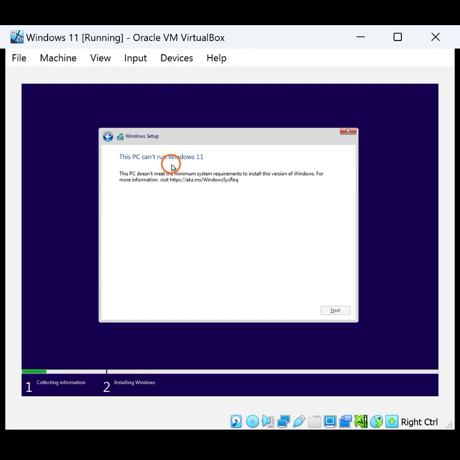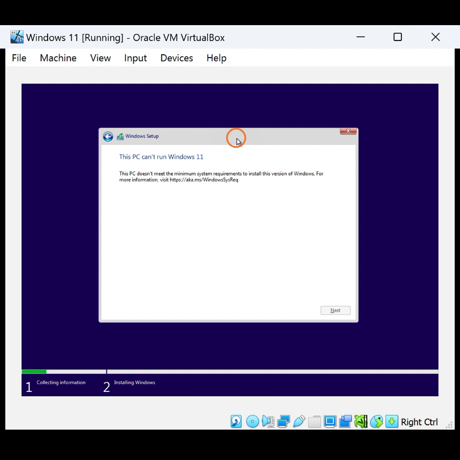Please note this method is applicable for all unsupported PCs, including virtual machines, that do not meet the minimum hardware requirements to install Windows 11. Basically, we are going to bypass RAM, CPU, Secure Boot, and TPM 2.0 in the process and install a fresh Windows 11 from scratch. So, first, download the latest Windows 11 ISO from the Microsoft website if you have not already done so. Please note you can get the required commands, registry paths, and links used in this video from the video description. Then, start installing it on your virtual or physical PC.